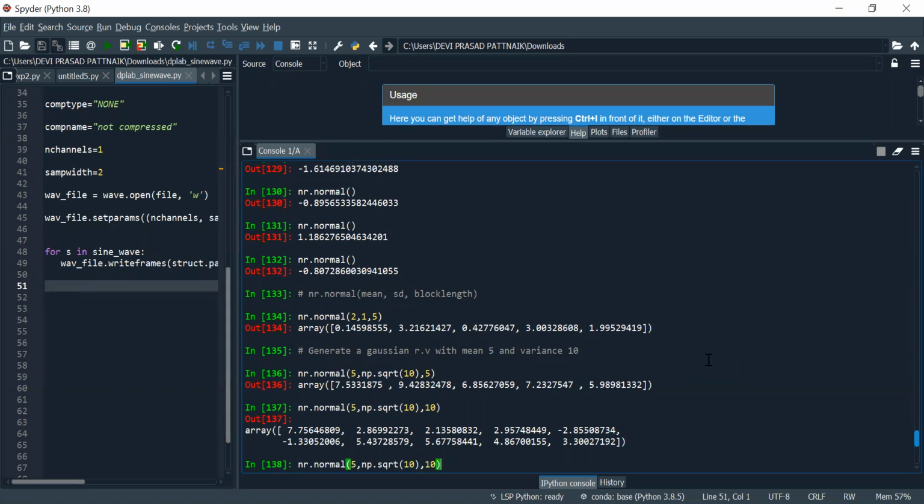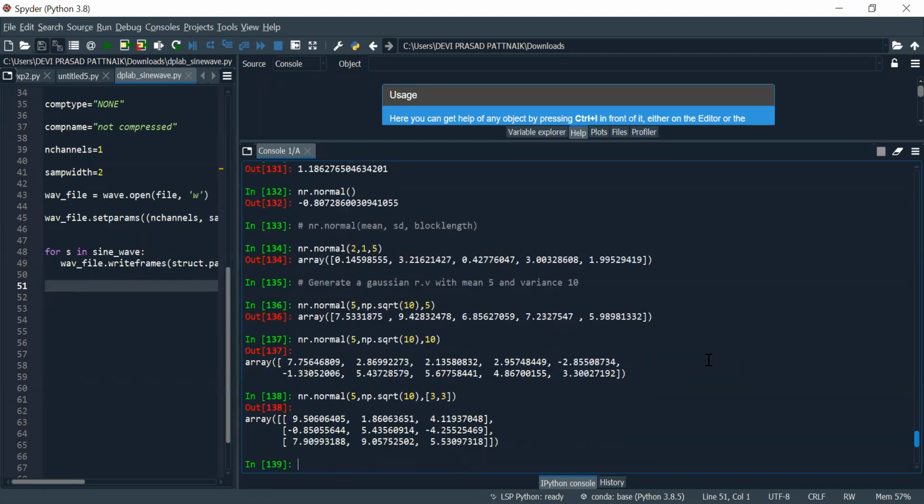And let's suppose I would like to go for a 3 cross 3 matrix, 9 elements distributed in 3 rows and 3 columns. That can also be done in this way. Like you can say it's a matrix kind of thing, right? When you require a random matrix to be generated, which has a mean of something and a variance of something, then in this way also it can be done.